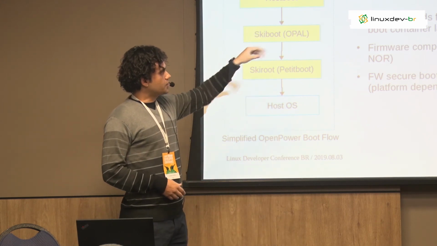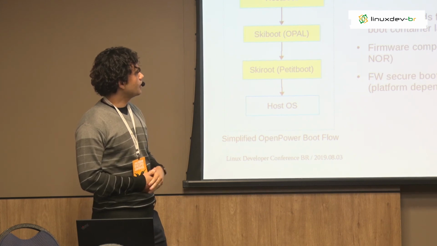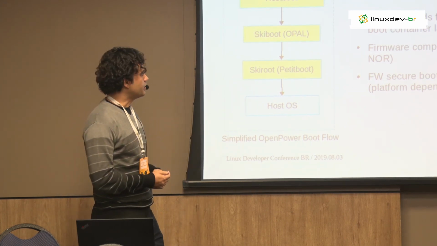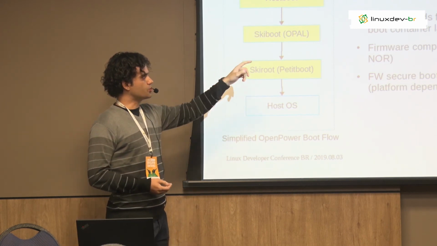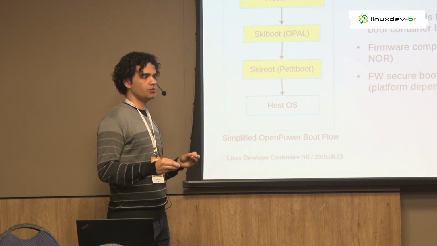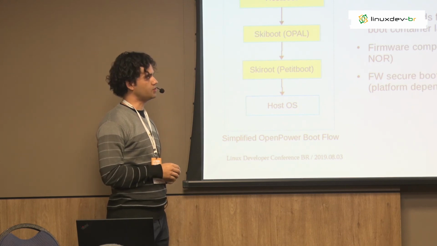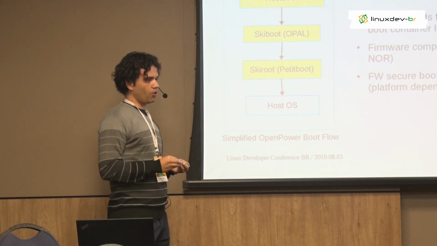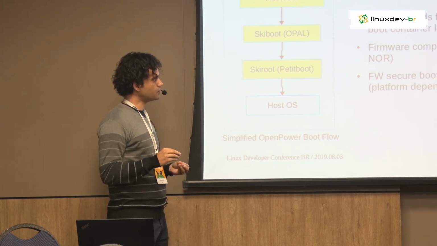So those two pieces are stored in a protected memory. All the rest is installed in an unprotected memory. It's installed in a flash memory, and we use OPBuild to build all the firmware components. As I said, we use OPBuild. You can go to the OpenPOWER Foundation and see the code there. It's open source. And so OPBuild builds all the firmware components, signs them with the keys that you selected, and